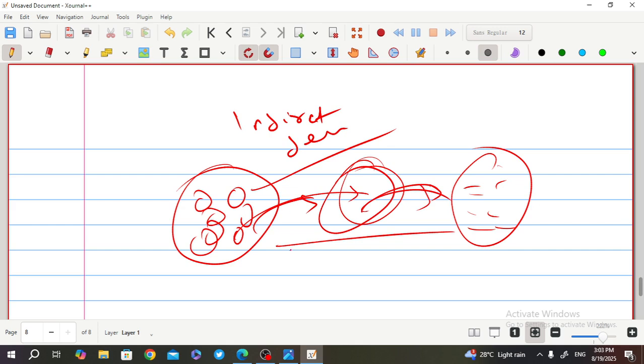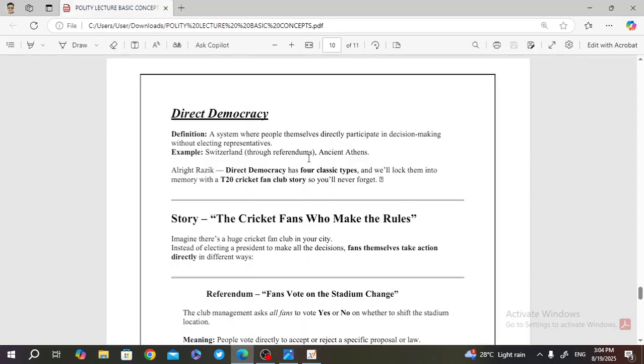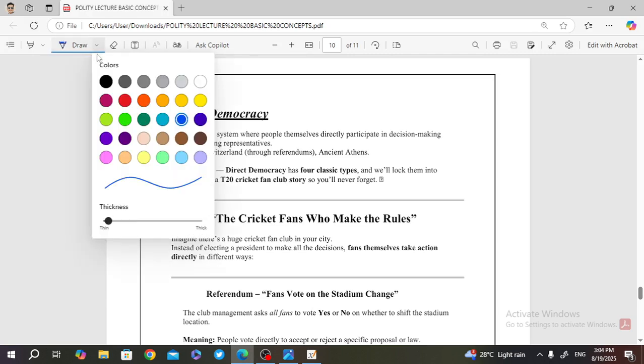Indirect democracy is generally seen in USA, UK. We already know that the parliamentary form of system exists with indirect election. If you did not watch the lecture, then go and watch the lecture on parliamentary form of government and presidential form of government. This lecture is about direct and indirect democracy. Let's see the slide, and in direct democracy, I am already citing the example here so that it will be easy for you.